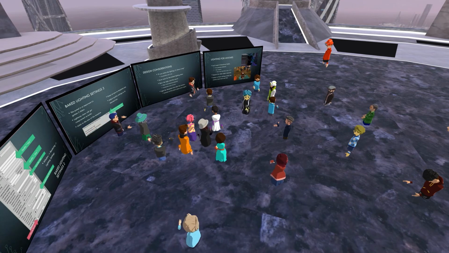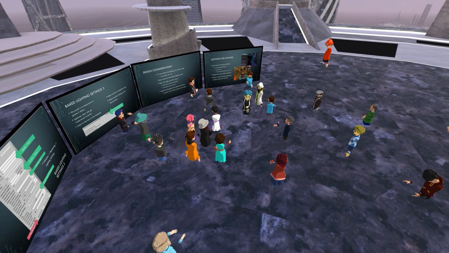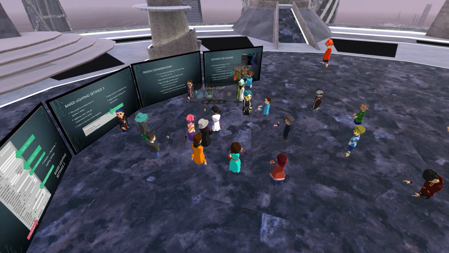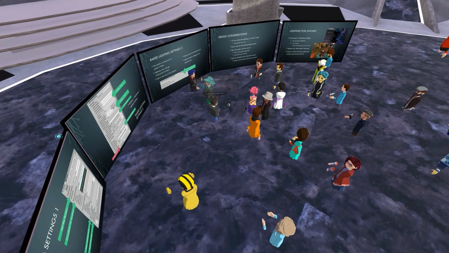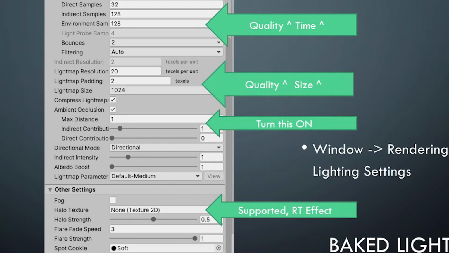Sorry, I popped in late here, and I was looking at slide number 2 over there, and I noticed you have a halo texture turned on. I've never messed with that. It says RT effect. Is that, you say real-time effect? What is that? Yeah, it's a real-time effect, and